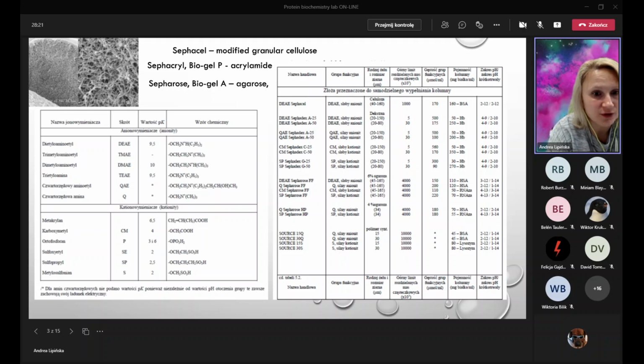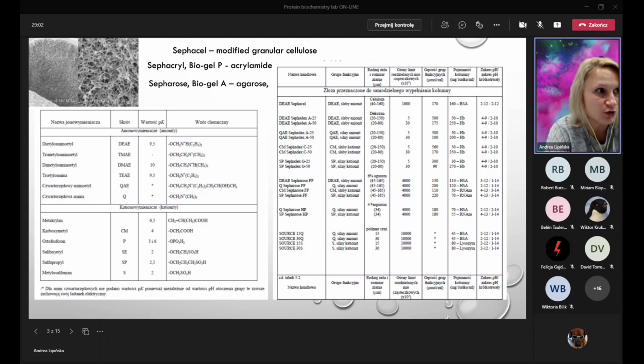Okay, and then you have your active groups, and they can be positively charged or negatively charged. Depending also on their pK value, they are regarded as strong ion exchangers or weak ion exchangers. Generally, the pI, so the isoelectric point of a protein, decides whether you can use a strong ion exchanger or weak ion exchanger. Okay, if the pI of your protein is around neutral, a little bit acidic or a little bit basic,